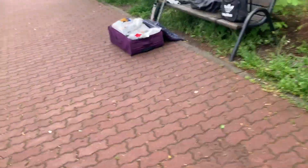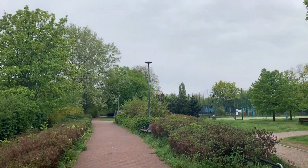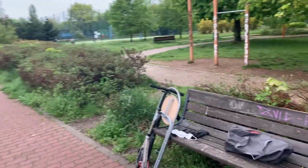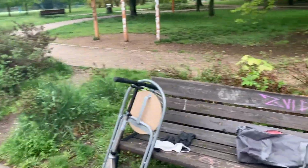Okay, so as you can see, there's not a lot of people here, but if you're training outside, then definitely wear a mask and have some hand sanitizer and gloves. So that's literally all the equipment needed for this workout, plus a little bit of motivation. That's always useful. I mean, needed. Okay, so I'll be showing you today a total of 6 exercises, and let's start with the first one,